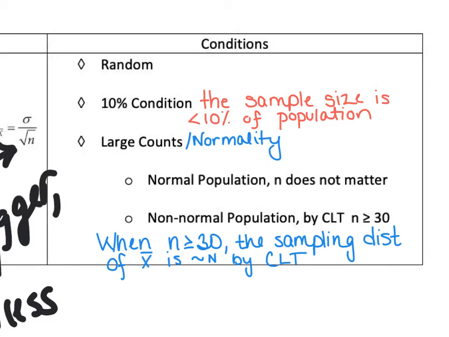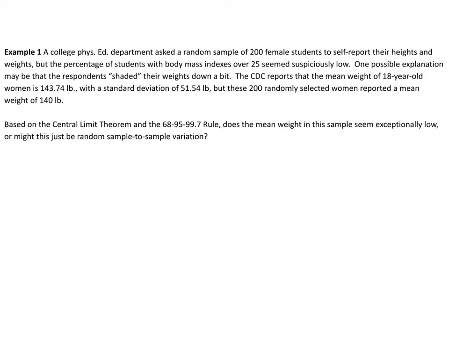So in our first example, a college phys ed department asked a random sample of 200 female students to self-report their heights and weights. But the percentage of students with body mass indexes over 25 seemed suspiciously low. One possible explanation may be that the respondents shaded their weights down a bit. Like, maybe they exaggerated and said they weren't weighing as much as they